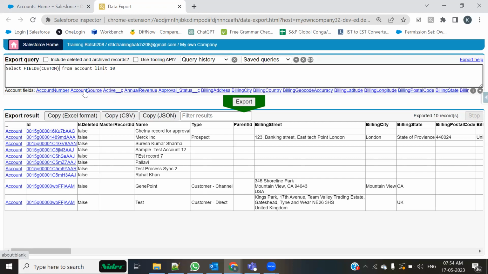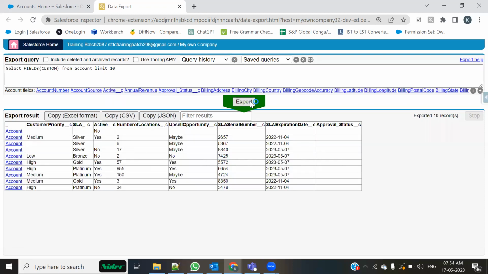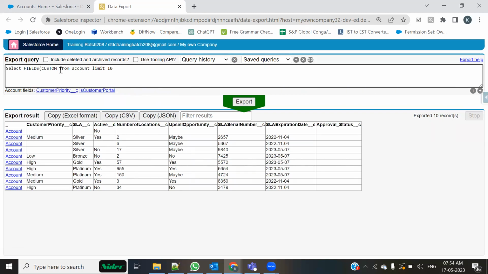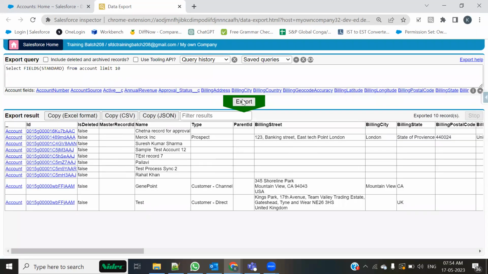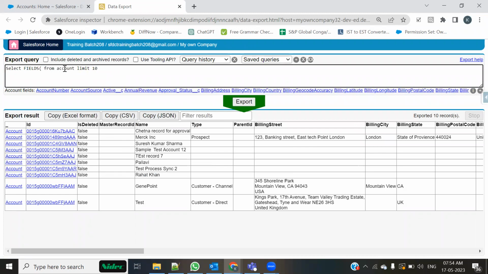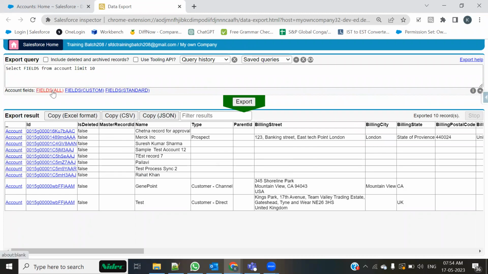You can try with them, to see, you can try. These all are the custom fields inside account. If you replace this with the fields standard, it is going to give you all of the standard fields, by the way. And if you wanted to literally see everything, you can go with the fields all. You can use the fields all function, and it is going to return